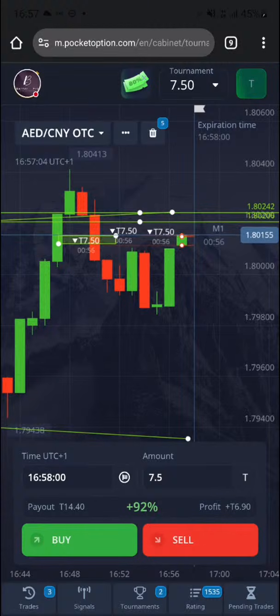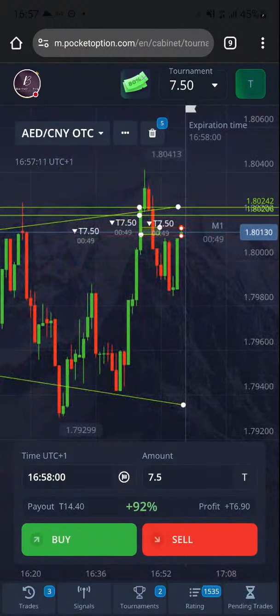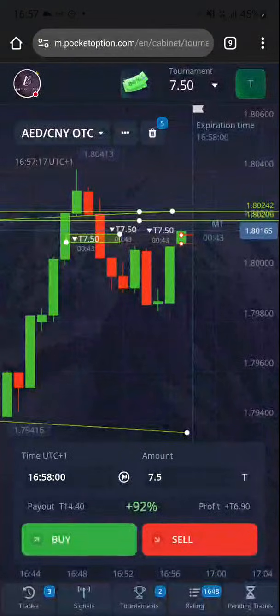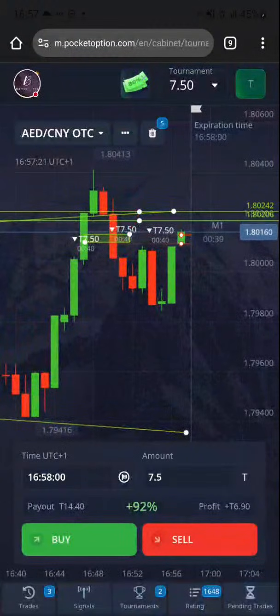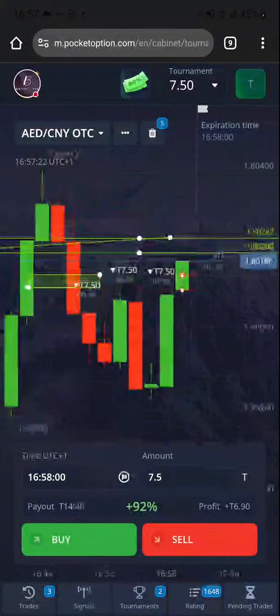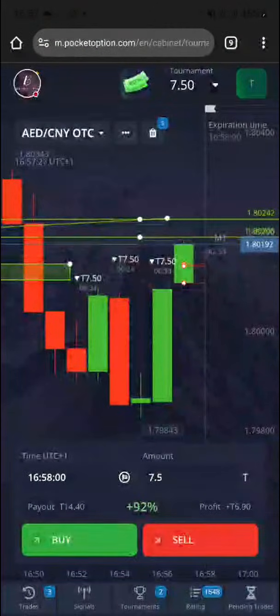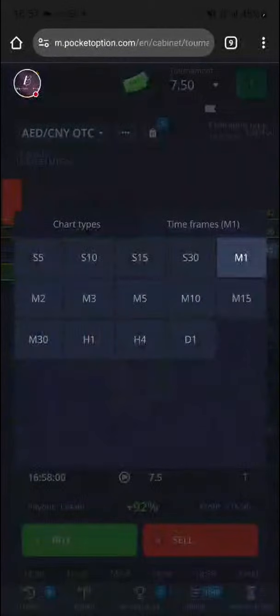I'm expecting a push to the downside. We have a gap up and we have a morning star pattern. The market's sentiment is downwards, so if price goes up right now, then it's really not your fault. There are times when you make some losses and it's really not your fault. The market is giving you signals that the sellers can come in. We expect the sellers to come in, and in the lower time frame,